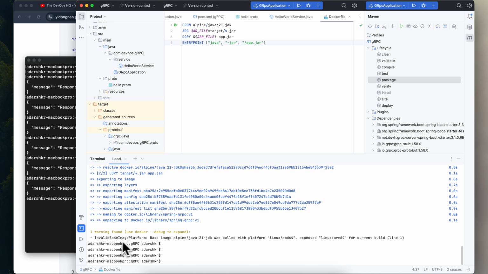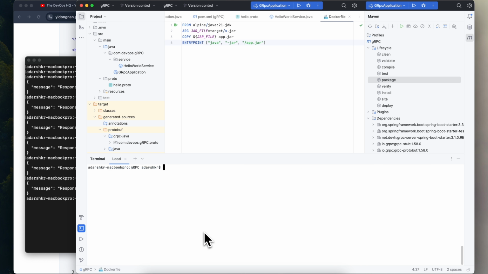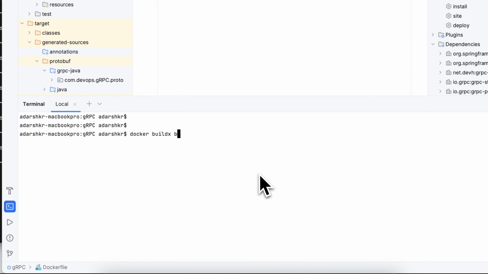Okay, so invalid base image platform. Okay, so it is getting failed. So we have to use another command for creating the Docker image. So it should be docker buildx build --platform linux/